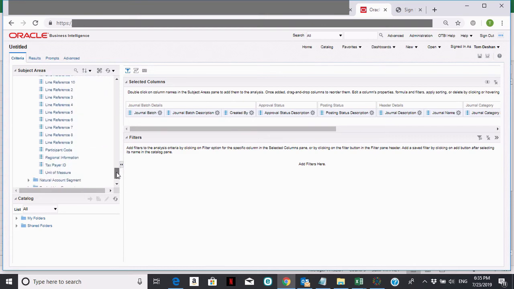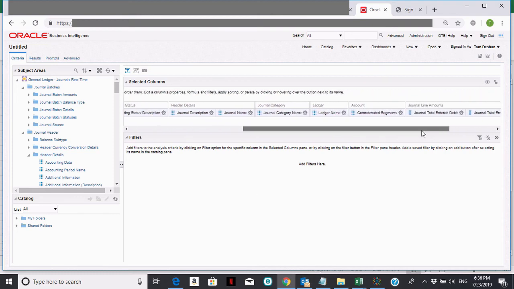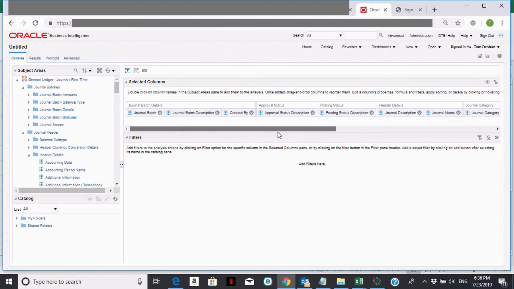So that's really all I want to see in this report. So this basically tells me the journal batch in particular, who was creating the journal, who approved it, and other information about the journal entry. So this will be a good report if I'm kind of researching a journal entry. And then I wanted to see